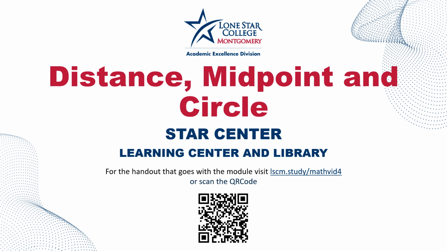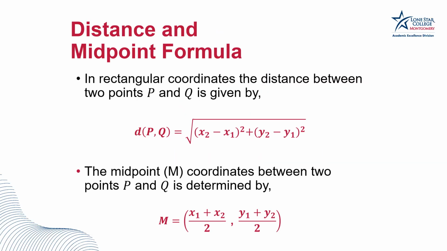In this video, we'll be talking about the distance formula, midpoint, and the circle. So the distance formula is represented by d equals the square root of x2 minus x1 squared plus y2 minus y1 squared, where x1, y1 is the first point, P in this case, and x2, y2 is the second point,